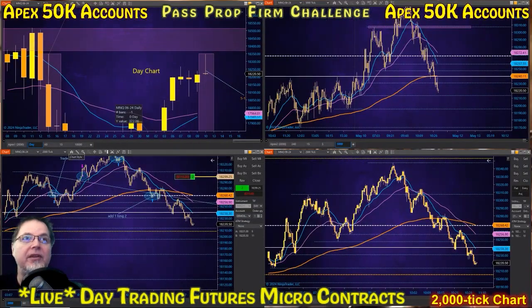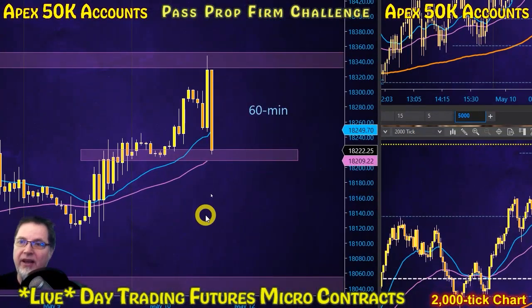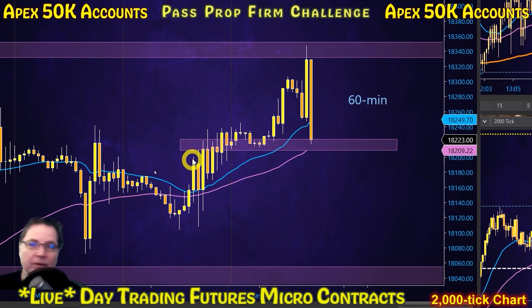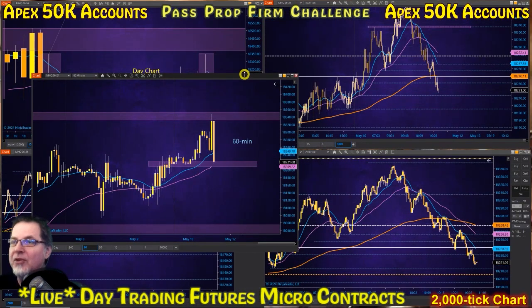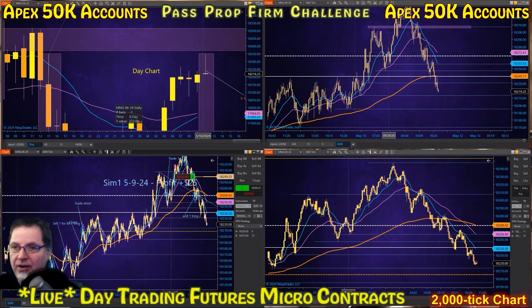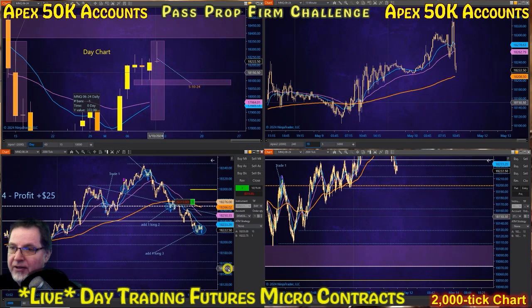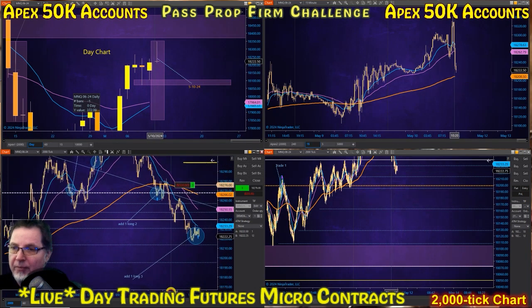Let's see what it's doing on the hourly chart. Look at this huge reversal candle, engulfing candle, but it's coming down into a choppy consolidation and the rising 50 EMA. So I'm interested in possibly taking some scalping right there for sure, but we'll see. Okay, I'm adding a third one, and I need to have my mind made up about what my strategy is,